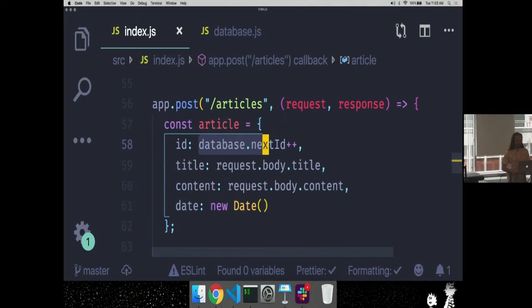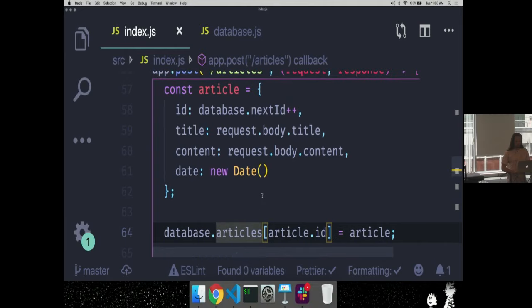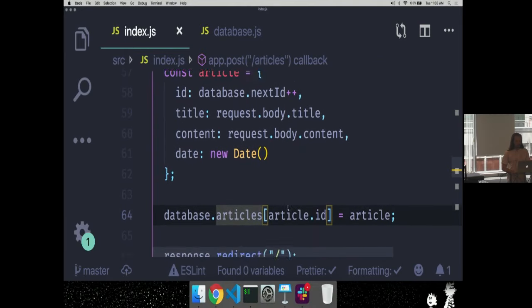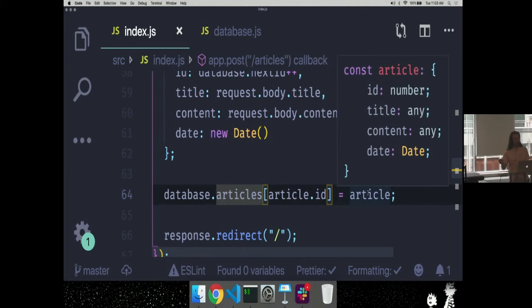The ID is a unique identifier because I keep track of the last one that was used, and then I increase it every time. Then I take my database of articles and add it to it. I'll explain this in a few, but this is me adding that article into the existing collection. We'll call it a collection of articles.